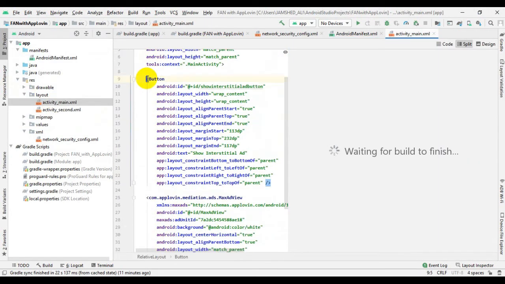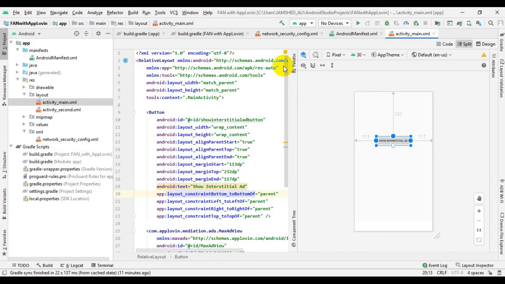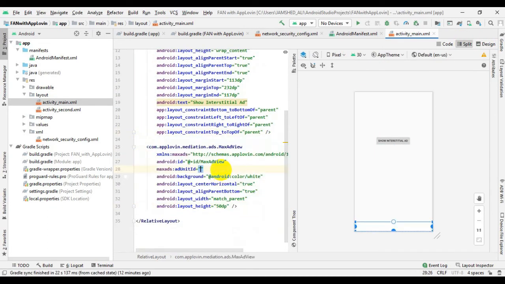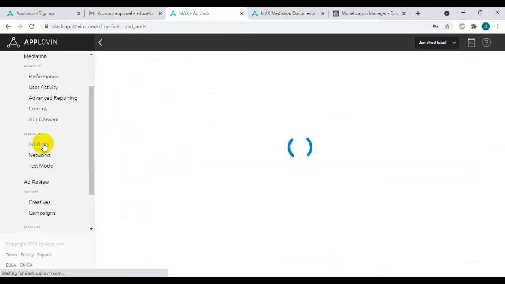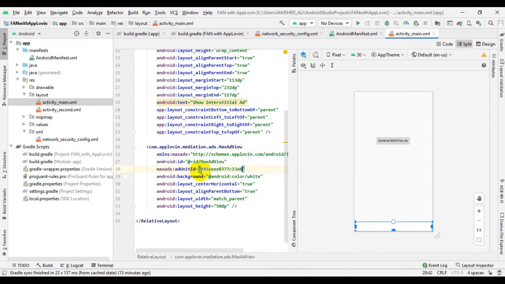After that, go to activity_main.xml and create a button and create a banner ad view. You have to copy the banner ad ID of Max and paste it here.